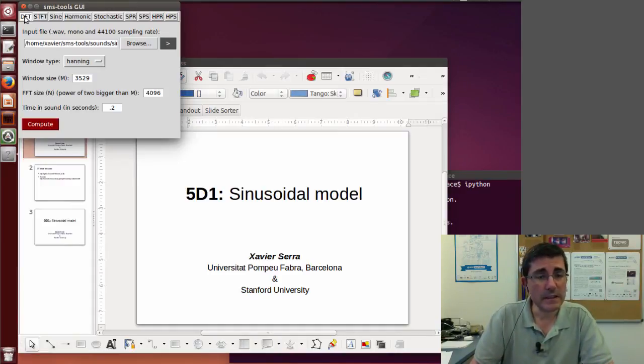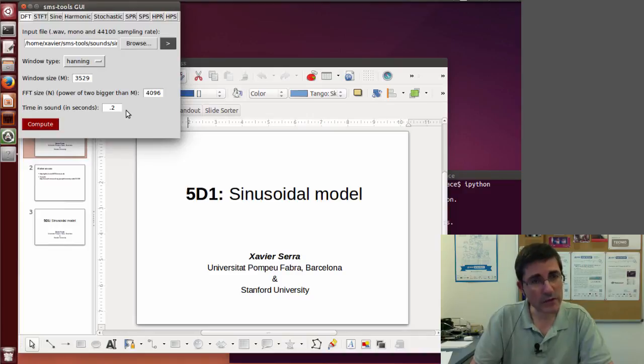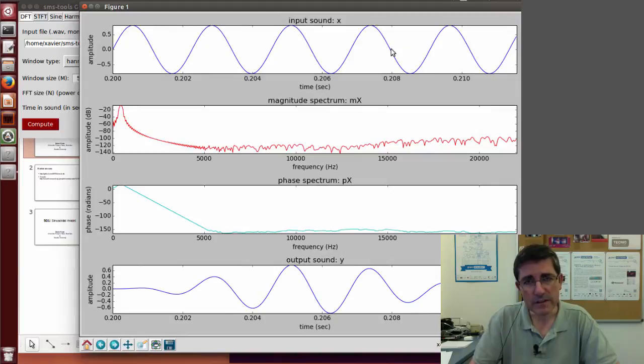And let's start with the DFT model, and let's open one sine wave, this sine wave at 440 Hertz. Okay, so let's listen to that. Okay, so let's use a Hanning window, that's fine. Maybe let's use a window size of 511 and maybe an FFT size of 1024. We compute it. Okay, so this is the sine wave, the magnitude and phase spectra, and the reconstructed signal from the